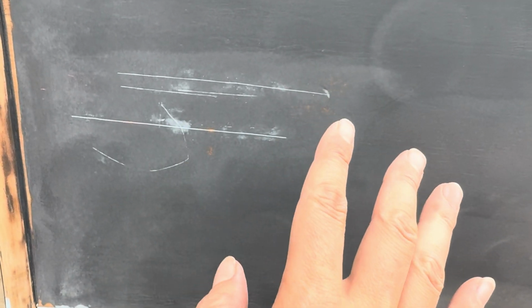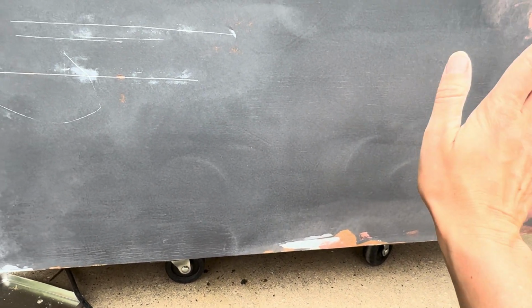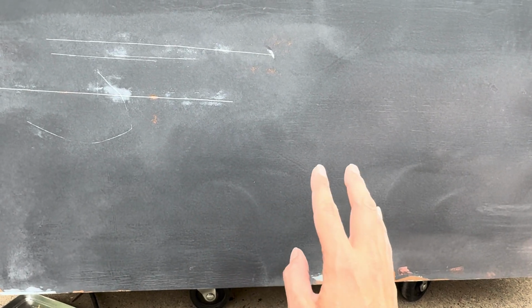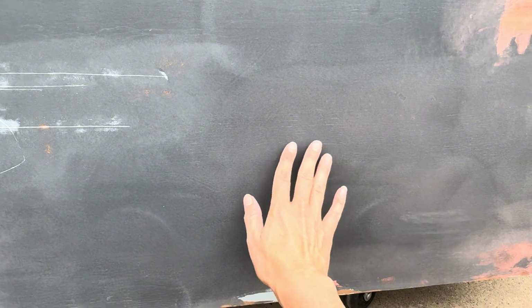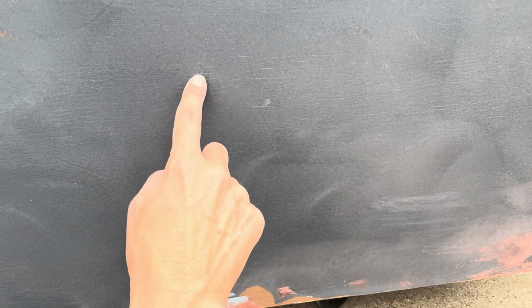Well, I've gone through on the sides with my orbital sander and a 220 grit disc, and I've sanded all this down pretty smooth. So my only concern, I didn't notice it on the other side as much, but you can really see the grain of the wood pretty well. So what I think I'm going to do is take